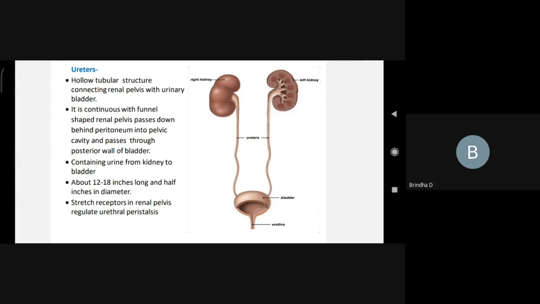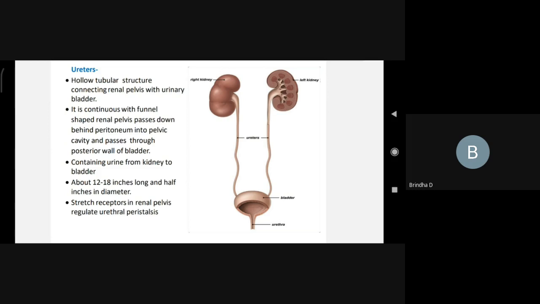So these ureters are also behind the peritoneal cavity. The peritoneal cavity contains all these digestive organs, like the small intestine. Behind all these digestive organs, the kidney and ureters are present, and these ureters join the urinary bladder from the backside,